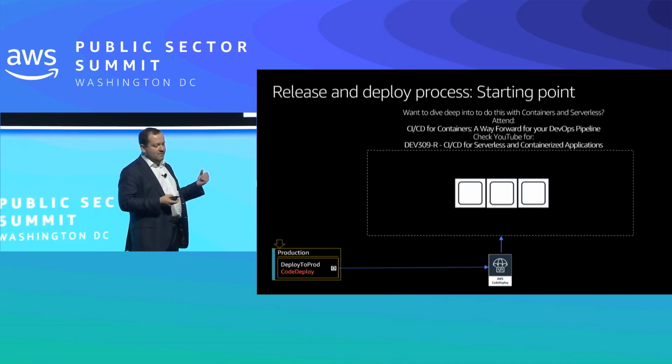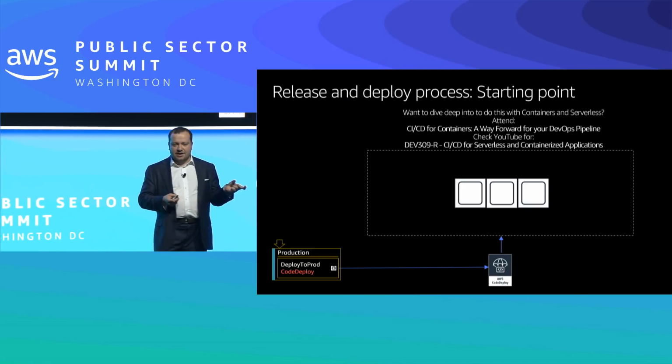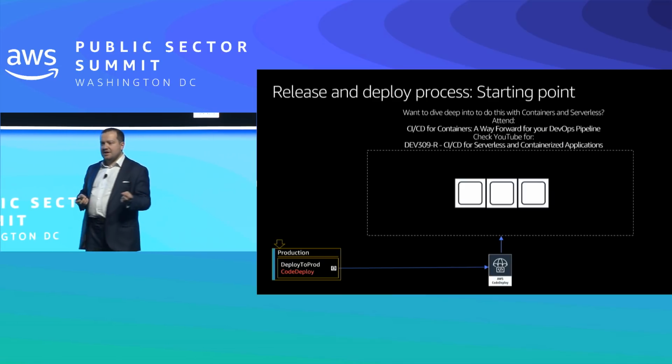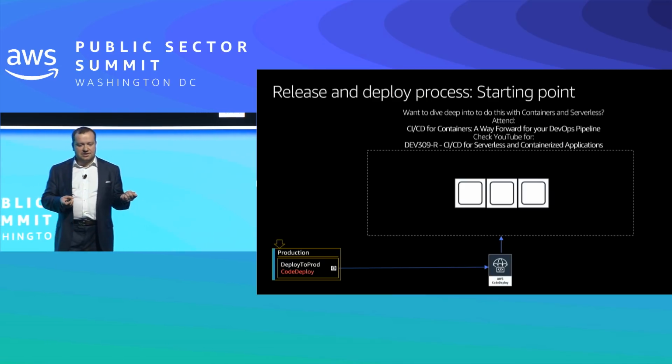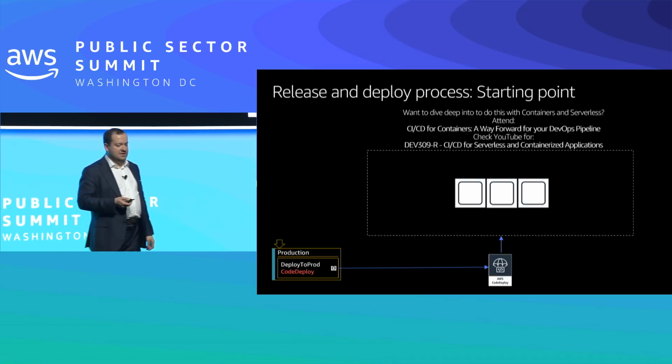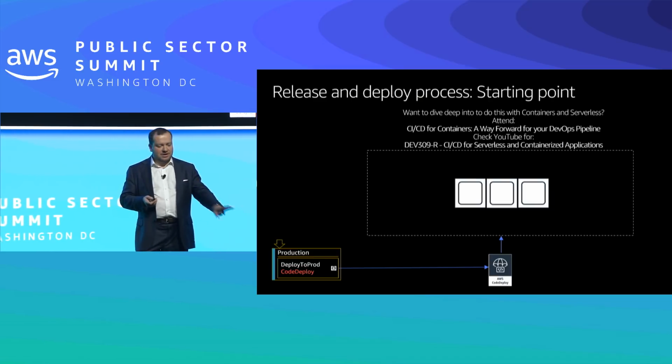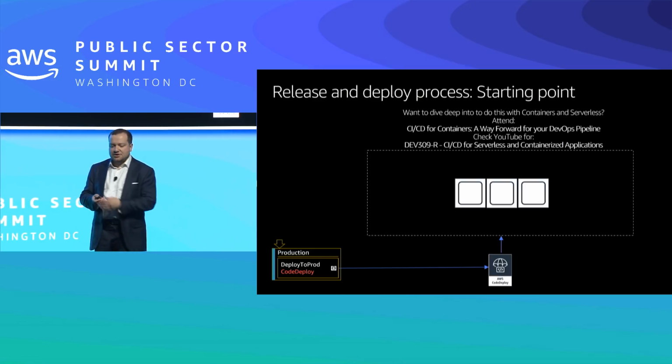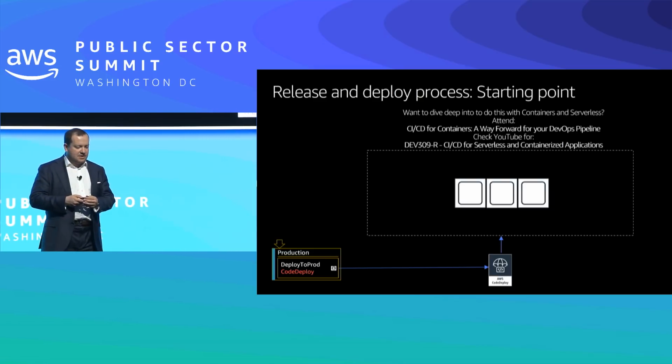And check YouTube for DEV309-R, a really good talk from re:Invent by one of our principal engineers. It talks again about deploying to serverless and containerized applications. It should be on YouTube, so you can see the whole video, and you can get the slides on SlideShare. So let's talk about